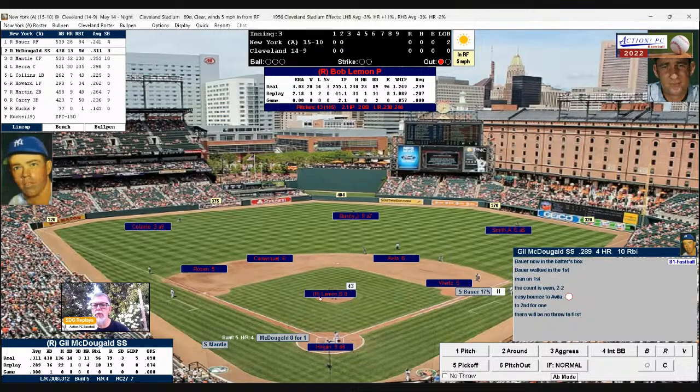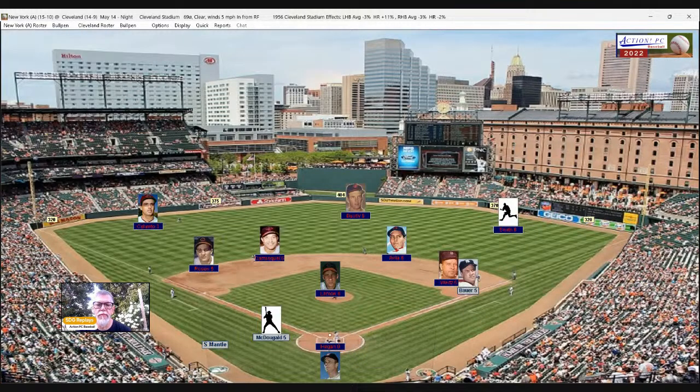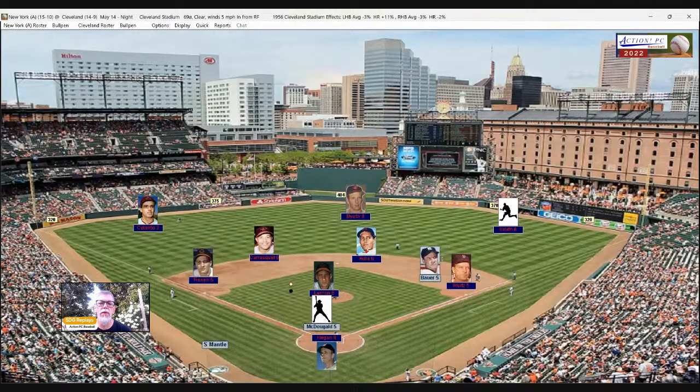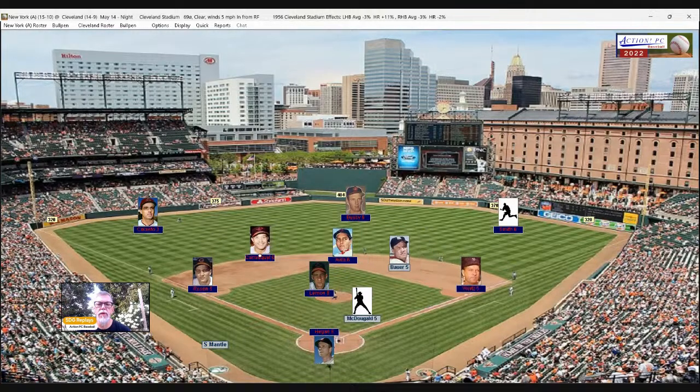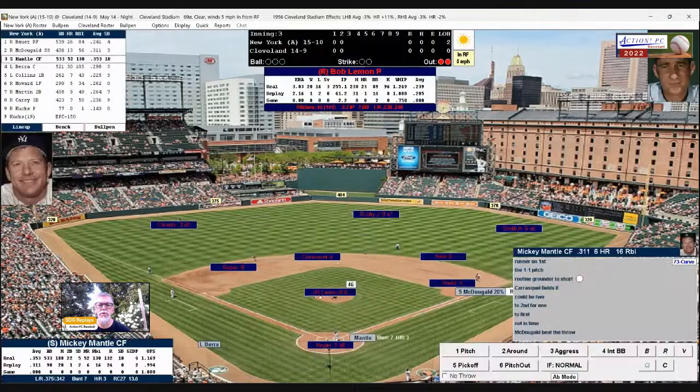And Gil McDougal coming to the plate. Grounded to shortstop first time up. Here's the pitch to McDougal. Ground ball to Carrasquel at short. Fires it over to Avila. And they get the lead runner Bauer, but cannot turn two as Mickey Mantle comes to the plate with two